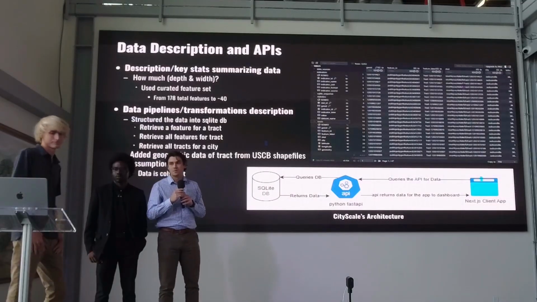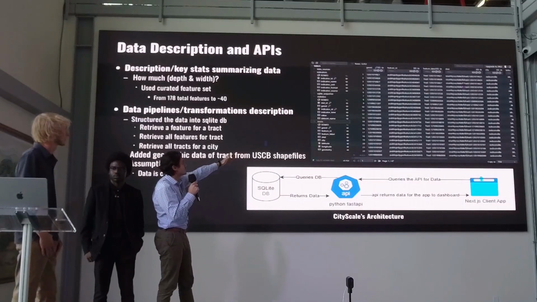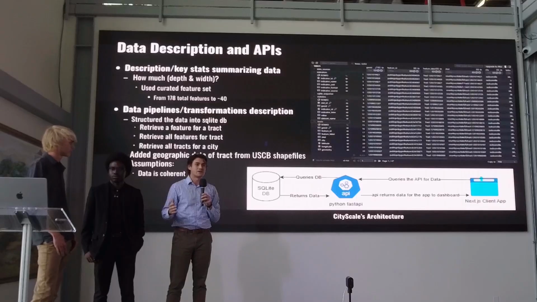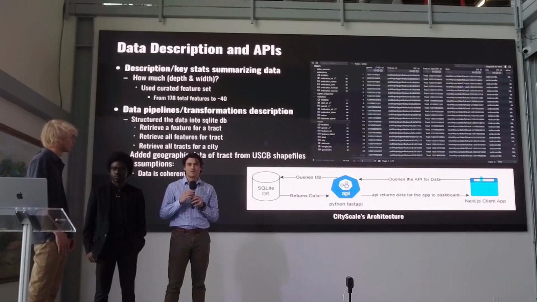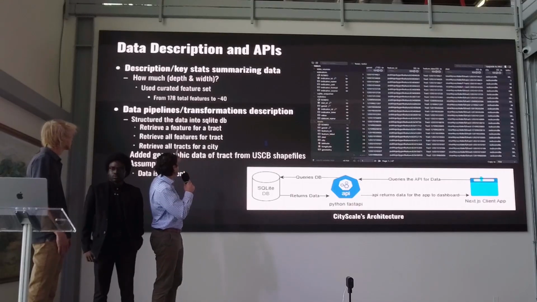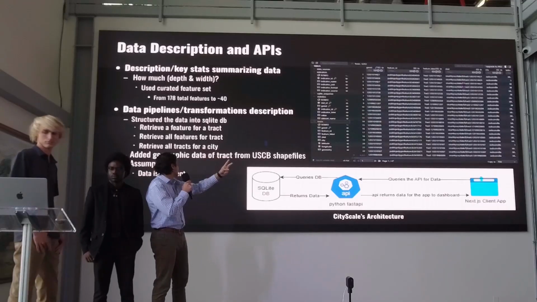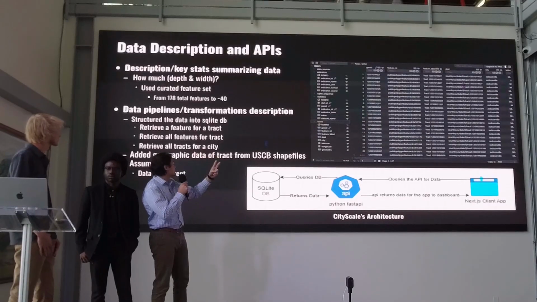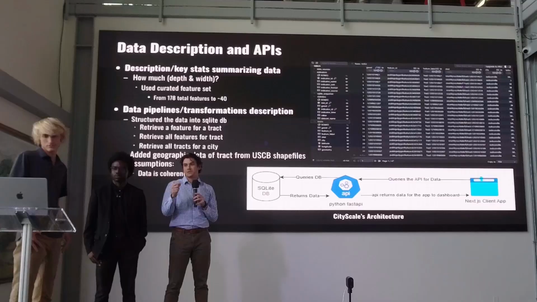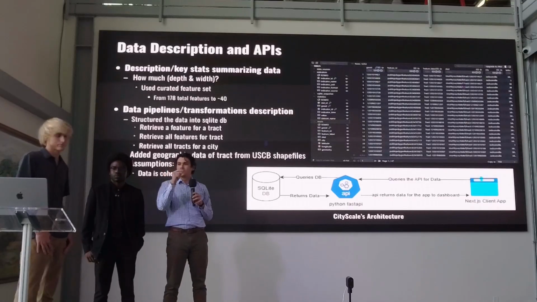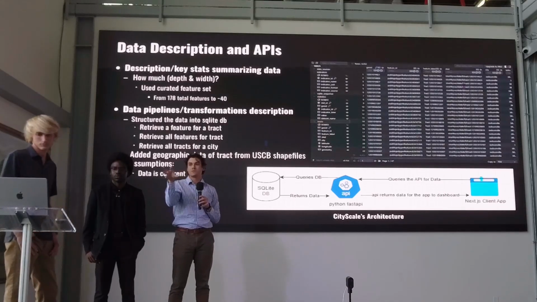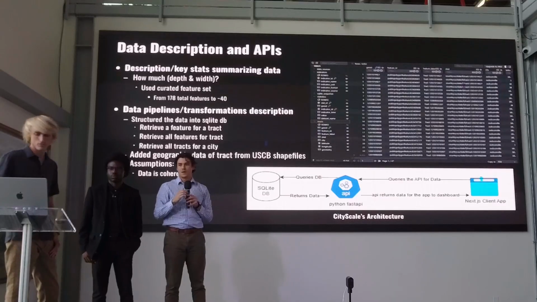So how did we clean the data? So over on the right, we just have a picture of our SQLite database. Mainly we got the data in a bunch of CSV files. There's never a way to programmatically interact with that. So I created a SQLite database and then a FastAPI to interact with that data. The main things I wanted were to retrieve all features for a tract, retrieve a specific feature for a tract, and then retrieve all the tracts in a city with their features. So the entire feature set is 178, and I'll get into our methodology, but we turned that down to around 40 for our PCA.